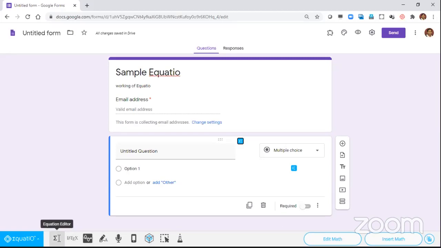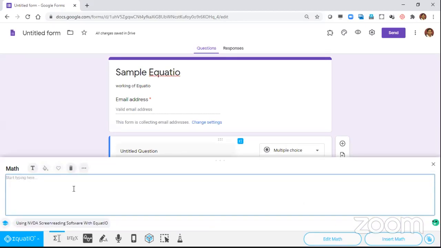Now equation editor. So when you click on this, now you can see there is an editor. So now you can say x to the power 2. See, I have not typed x to the power 2. X arrow mark, you know it, right? Generally, if you want to write x to the power 2, after x you press shift 6. Now shift 6 is that arrow mark, right? So let me write an equation. So x cube plus x square